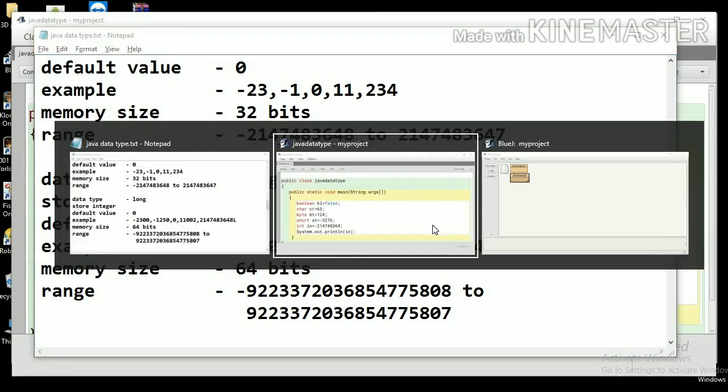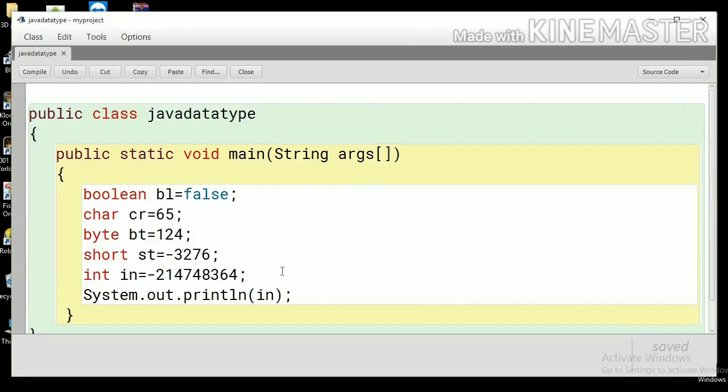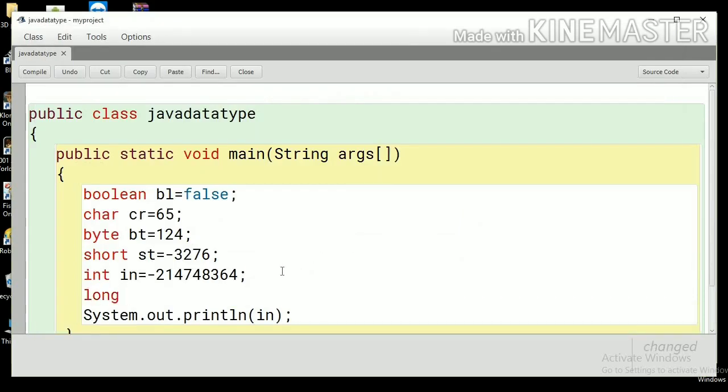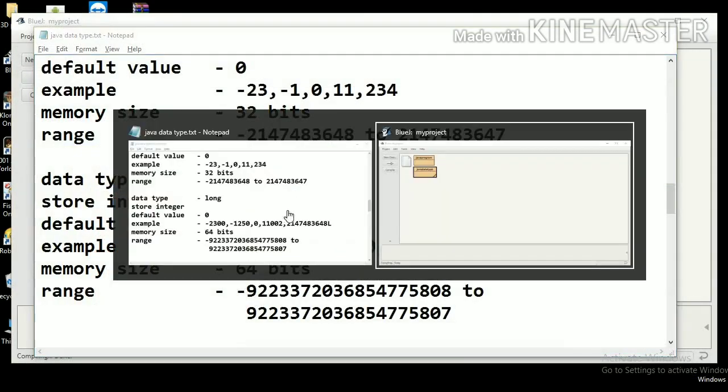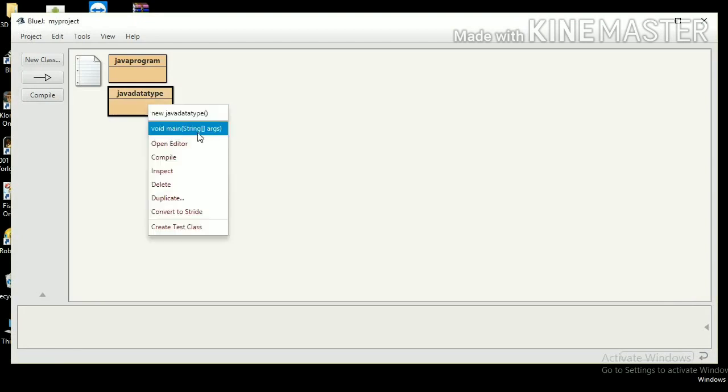So let's see how this long can be used. So this is long ln. I have taken a variable, and I have taken this value, and let's say I try to print this long value, and I will compile, no syntax error, and I'll execute this.